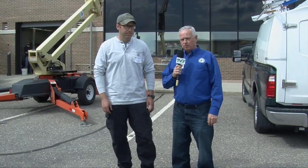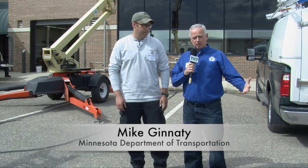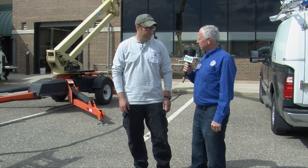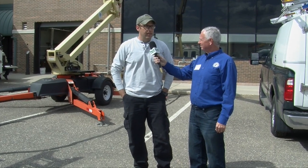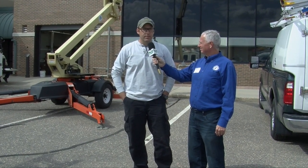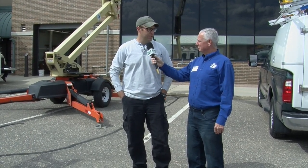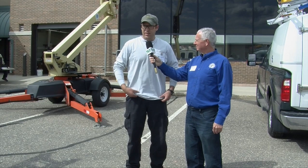Very good. Now we're moving into a different area, more on the support side, and it's facilities. We've got the building behind us, and we're here with Nick Elijah. Explain a little bit what facilities is and what they do. In our district, we have 17 truck stations, a couple rest areas, the Red River Scale. We go around and maintain the boilers, heating systems, air conditioning systems, lighting, air handlers, and pretty much everything as far as maintaining garage doors